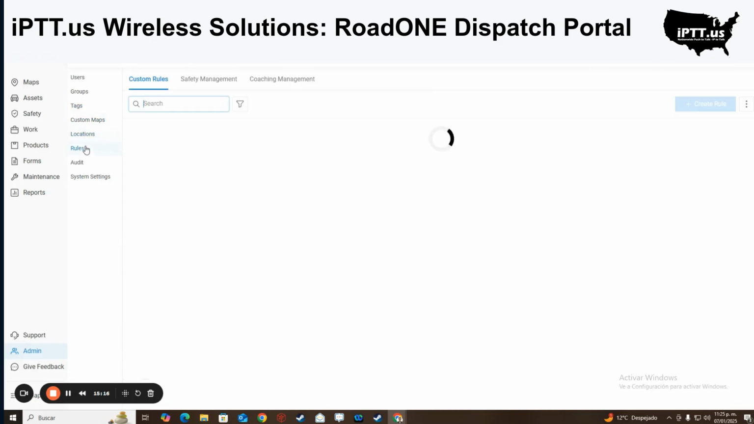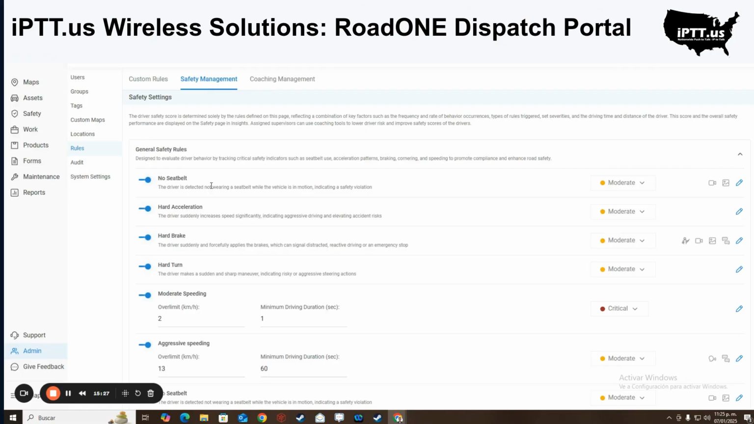Here, I want to show you the rule side of things. I'm going to skip these two for now. But the rule side of things, you can customize any rule. But on the safety management, there are certain rules that are already pre-configured by default, meaning that no seatbelt rule,